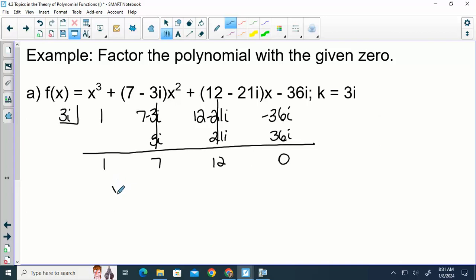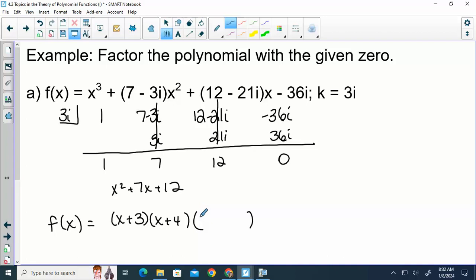Alright, so then we have x squared plus 7x plus 12. That factors into x plus 3, x plus 4. I did ask for the factored form this time, so I want these factors, but I need one more. What would the last one be? x minus